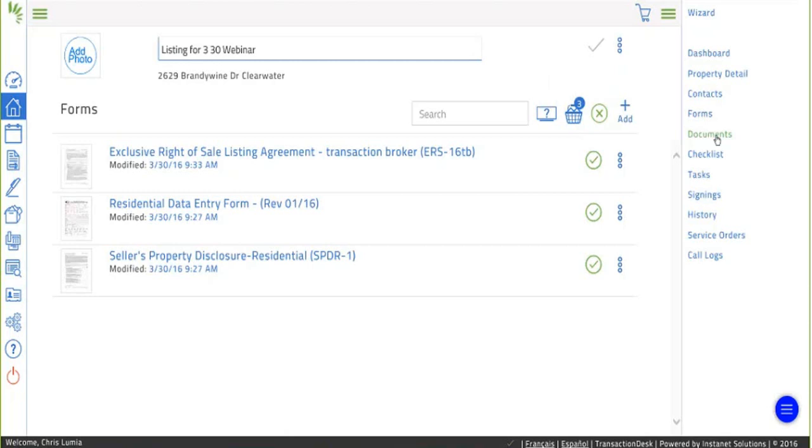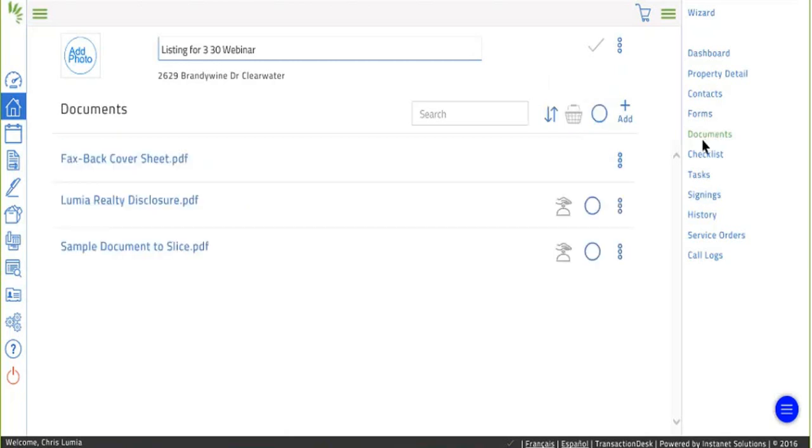Then I come down to documents. So documents are the static items. Maybe it's something that my office puts together. Maybe it's some information that I like to give to a buyer or a seller. I also automatically have in each transaction a fax back cover sheet. So go into this fax back cover sheet,